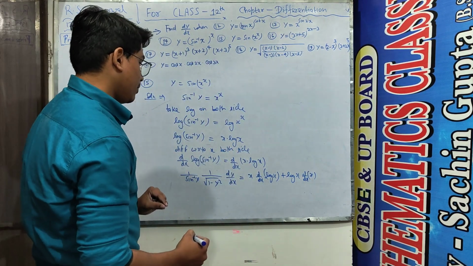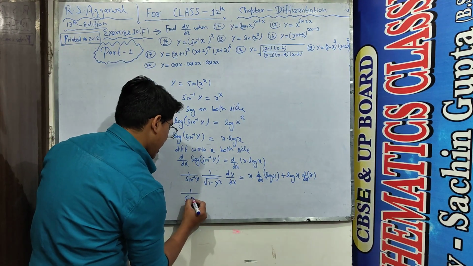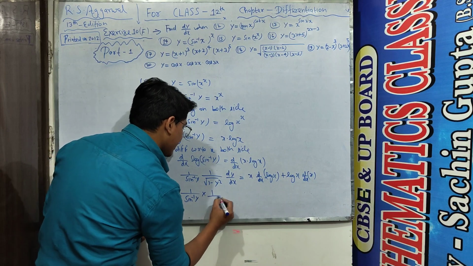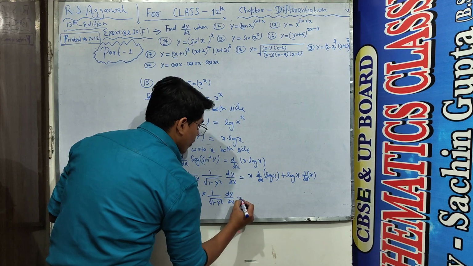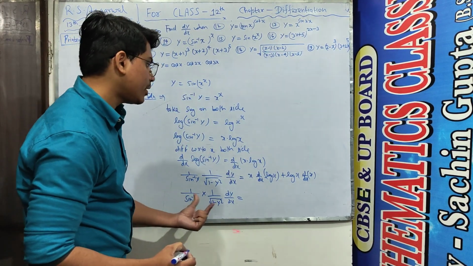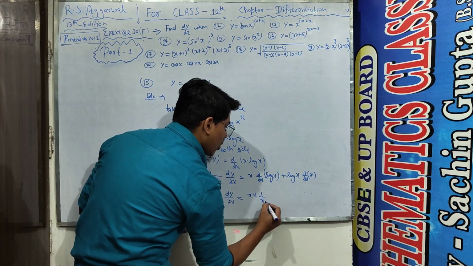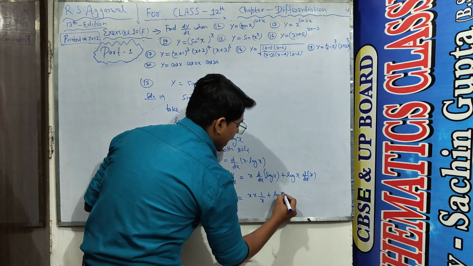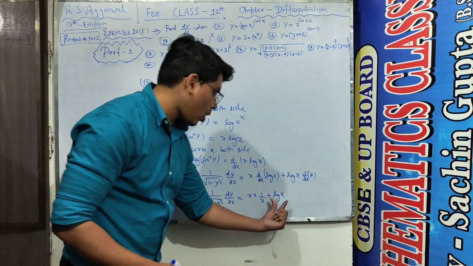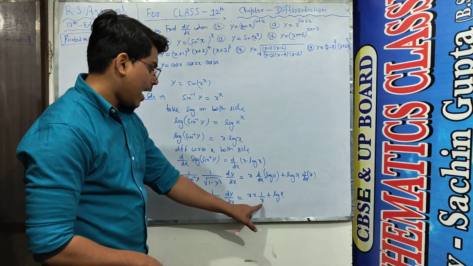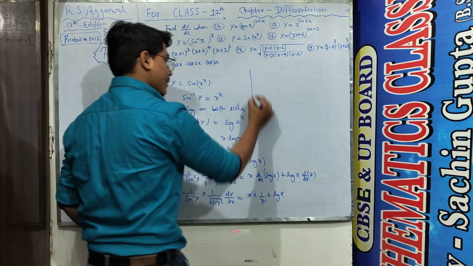Now student, I write the left hand side as well, and the right hand side as well, and when we differentiate it, it becomes x times 1 upon x, since the differential of log x is 1 upon x, and I write log x as well, and the differential of x is 1. When we multiply this 1 by log x, it again comes log x, and this x gets cancelled, so it becomes only 1 plus log x, student.